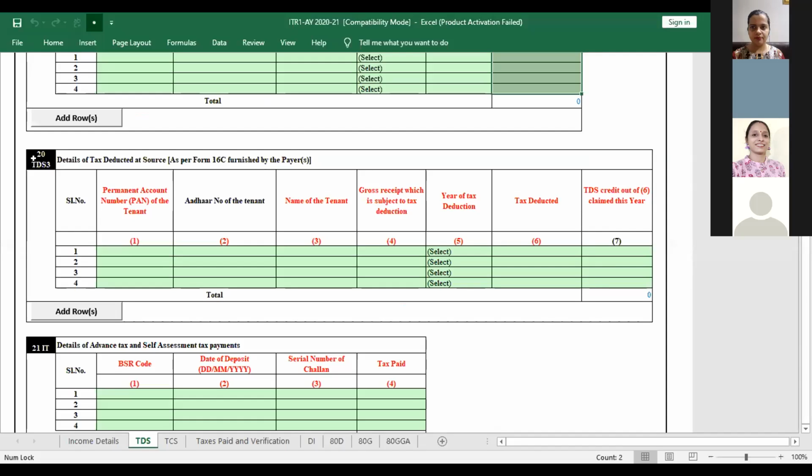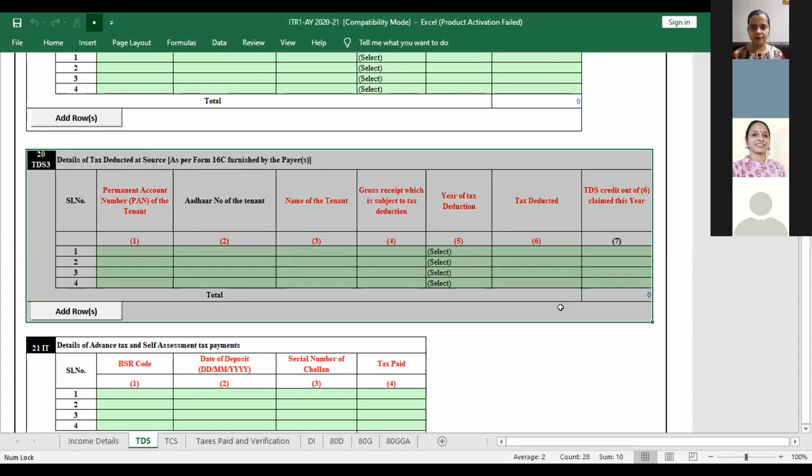Next, TDS certificate. TDS is a way of paying the tax. We decided in our earlier statement that under row 17, the total amount of tax will be paid either by TDS or by advance tax or by self-assessment tax. If you have given your property on rent, then your tenant will deduct tax and give you the rent. When your tenant deducts tax for you, he will give you this certificate, Form 16C. Tax is deducted by the tenant under the provisions of Section 194IB. He will file Challan 26QC with the government and then you will get credit. So your tenant will give you this certificate.